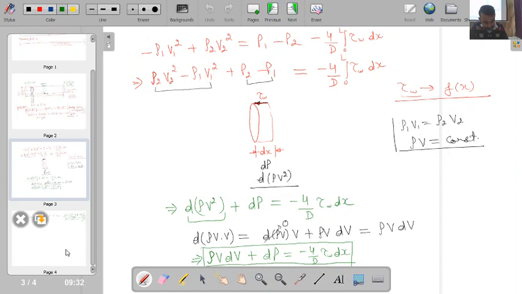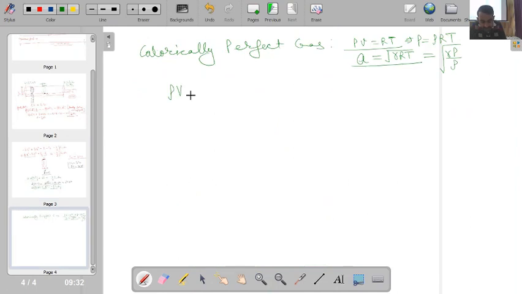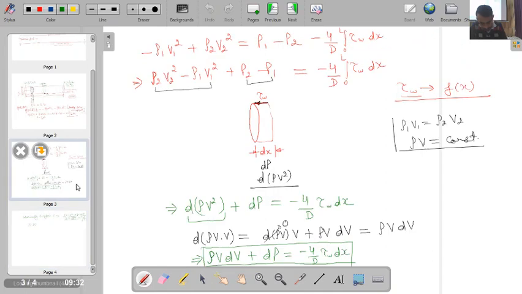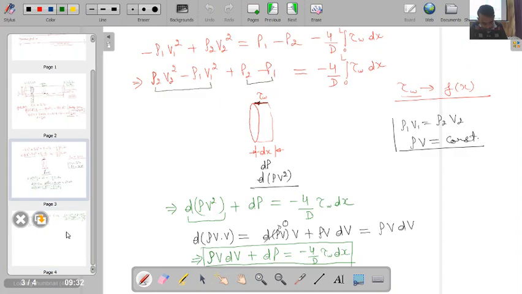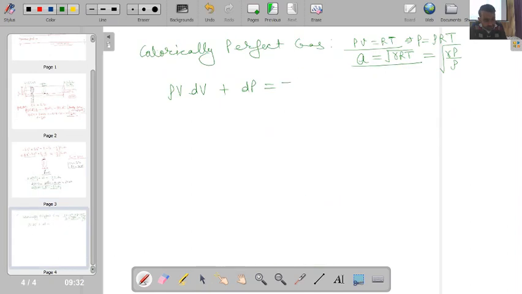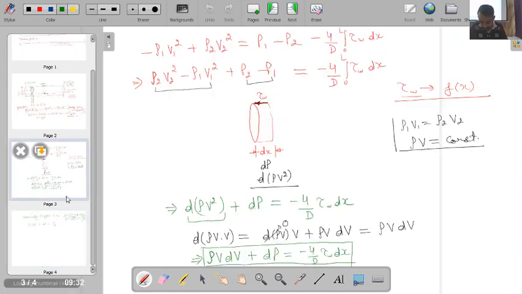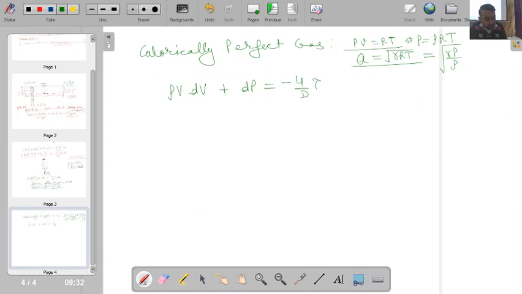Okay, so from here what I will get, my equation is rho v dv plus dp equal to minus 4 by d tau w into dx. Okay, now whenever you have studied your fluid mechanics, you might be remembering we write wall